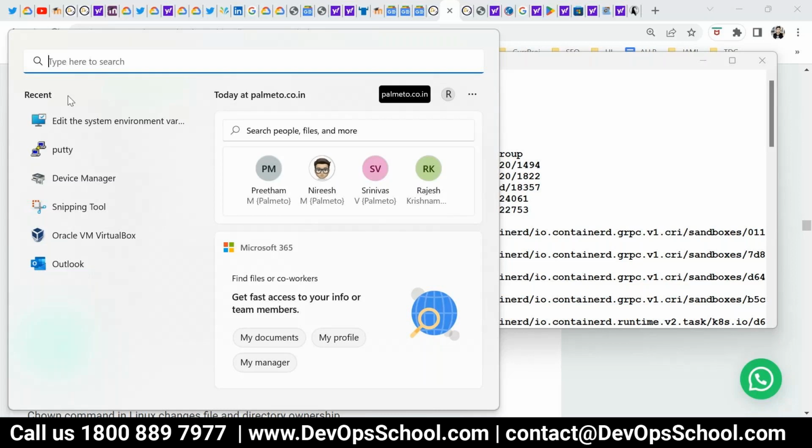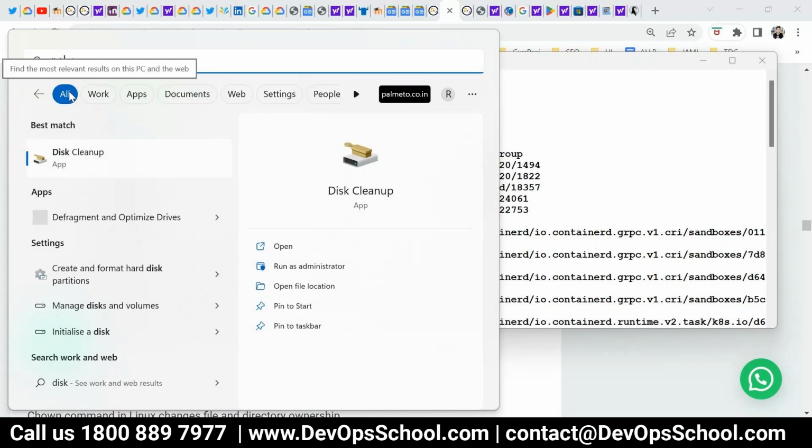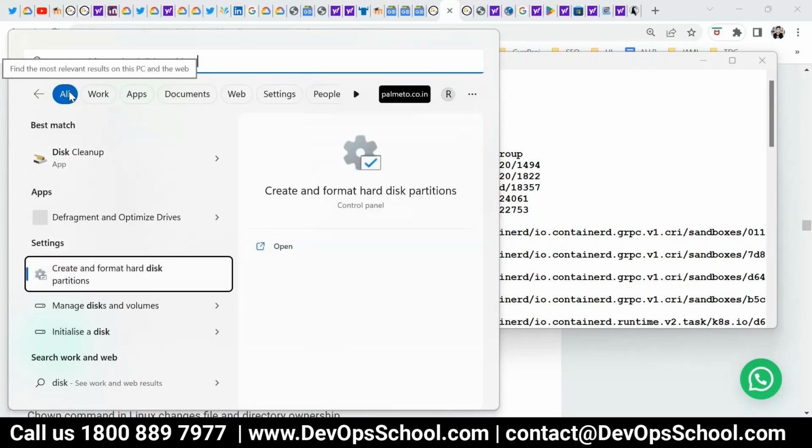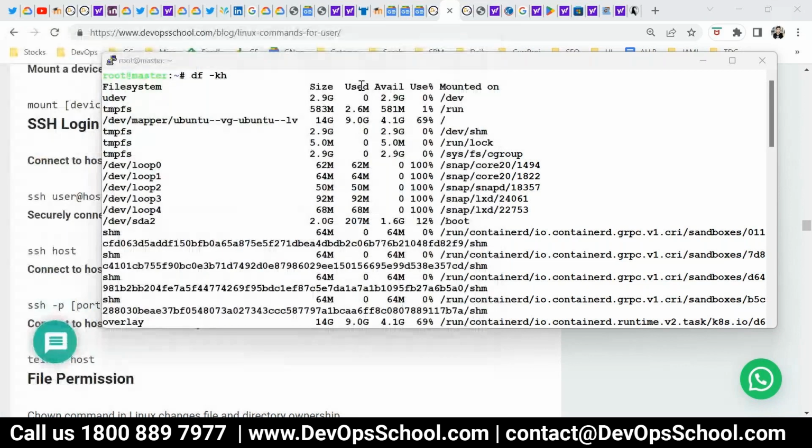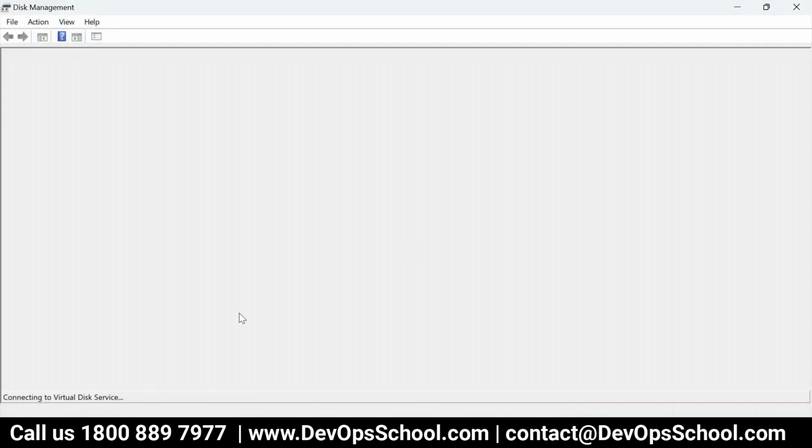In Disk Manager, for any storage you create a mount, right? My system is a little slow in this. So here you create one disk, then you mount it as E drive, F drive, G drive. You can unmount also, the opposite way. It's kind of like partitioning your volume. Yeah, same way.